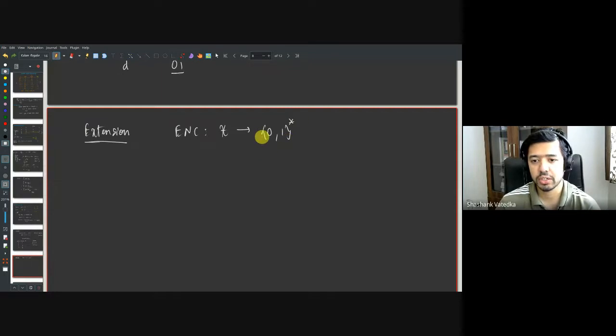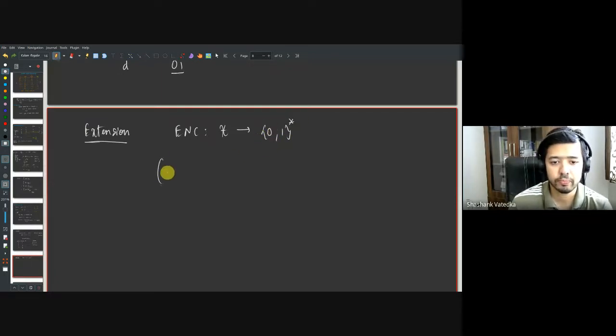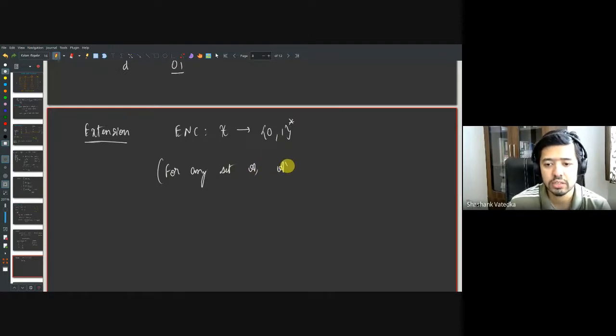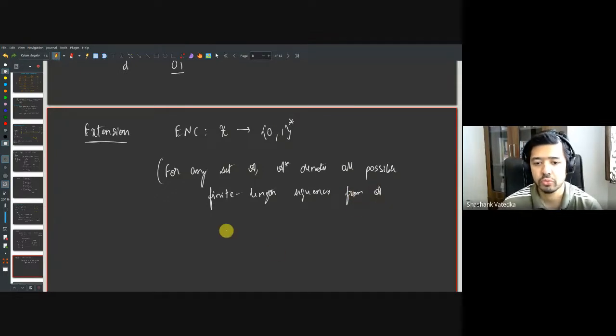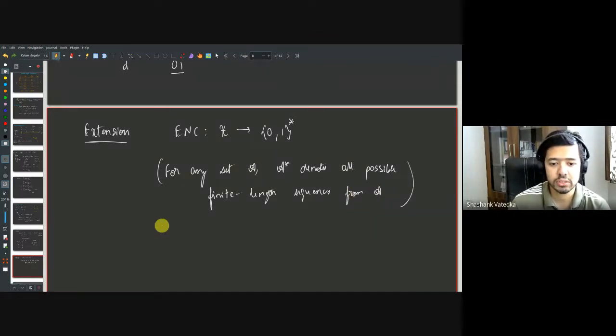So I'll use this special notation: for any set A, A star denotes all possible finite length sequences from A. So for example, 0, 1 star